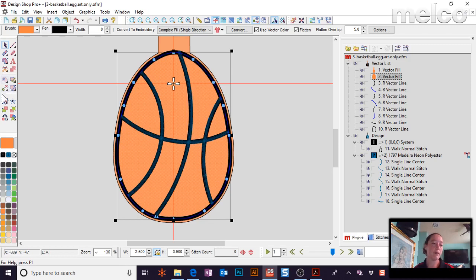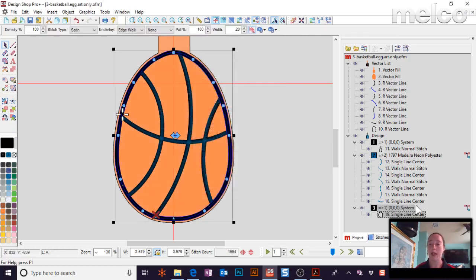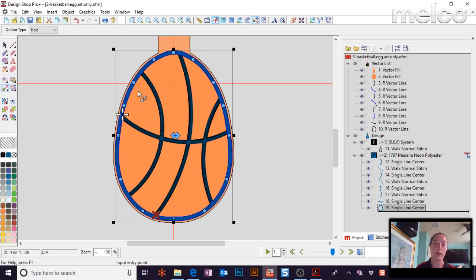So when you select it, I can again say change element from one type to another, tell it to be a single line center, and this time I add it. And I'm going to merge that into the color above it. The last thing I need to do to make sure I don't have a trim is make sure my start and stop are where the propeller is. So while that element is selected, select the start and stop,